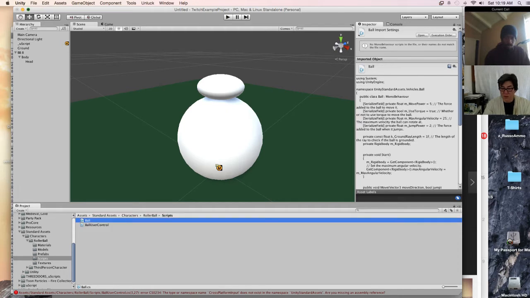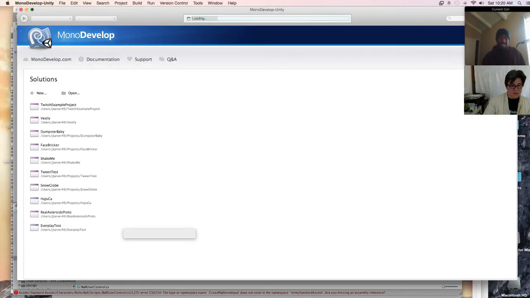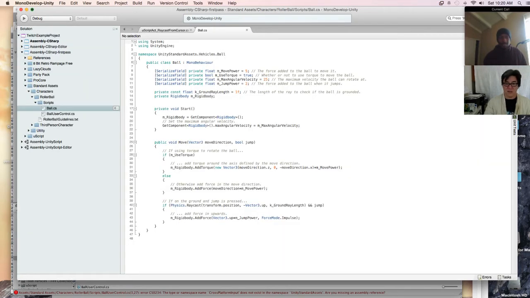What's this ball script? Okay, I'm going to open up both of these in MonoDevelop so that we can get a look at what's going on inside them and then see if we want to put it on our stuff. So is today our first real look at C#? This is going to be it, isn't it? Yeah. Anything before that, briefly opening up a C# script? Yes, we did, just so that I could show you what the output was.